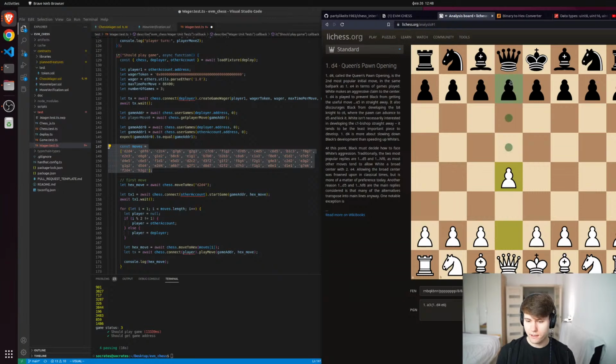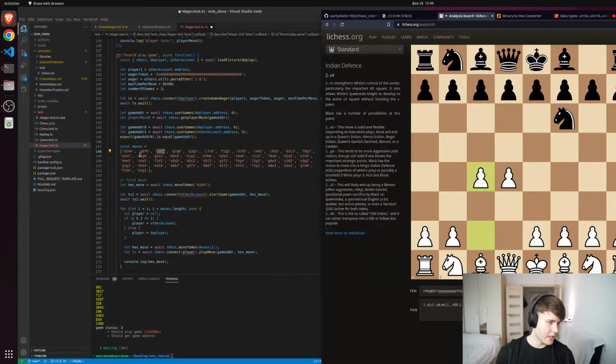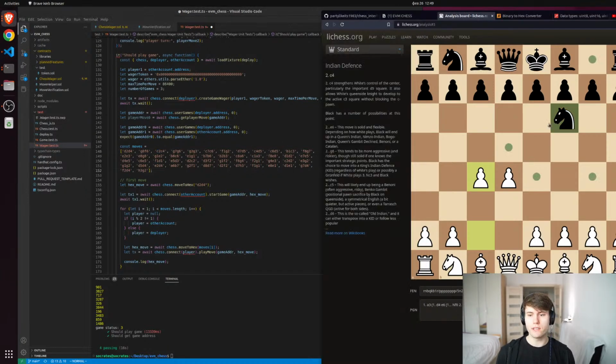g8, f6 would be g8, f6, c2, c4, and etc. And what I've actually done, so to make it easier, instead of encoding all these chess moves as these low level, essentially uint16 values,